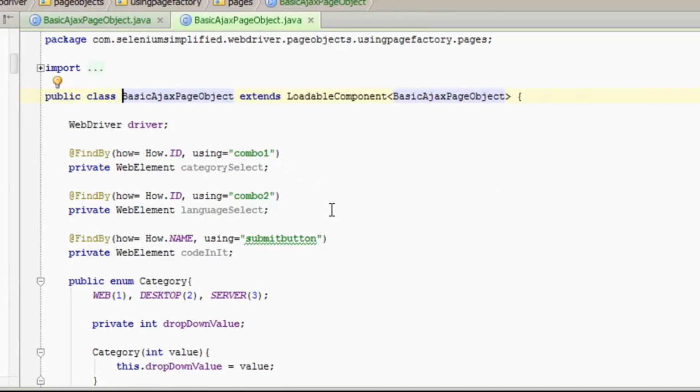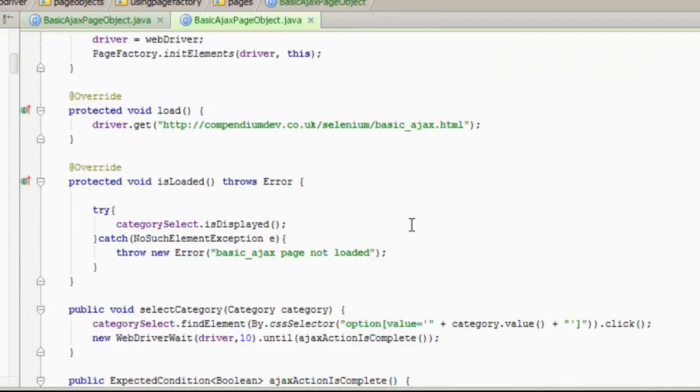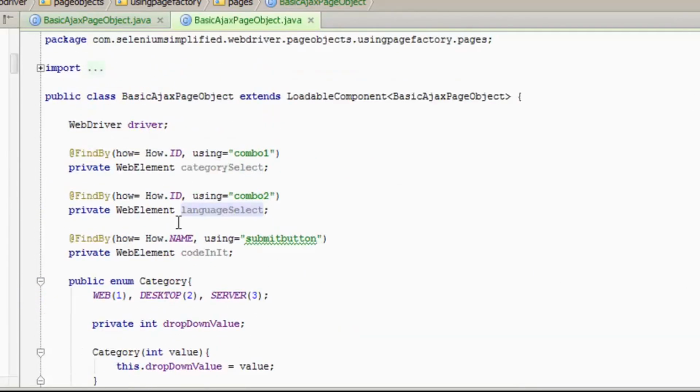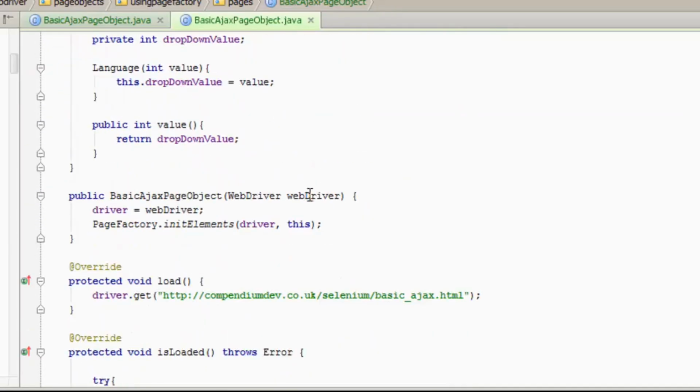is instead of doing findElement within the code here, if I scroll through, you see that previously down here I did a WebElement languageSelect, then findElement to get the language select. Here I'm not doing that. Here I'm just doing languageSelect, then findElements beneath it, because languageSelect is defined as a WebElement up here at the top. And we have annotated it with @FindBy, and then the magic happens in the page object constructor. So in my constructor for my page object, I'm using a PageFactory to initialize the elements for this driver